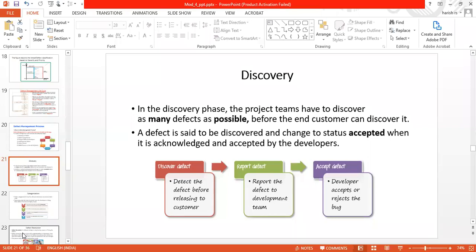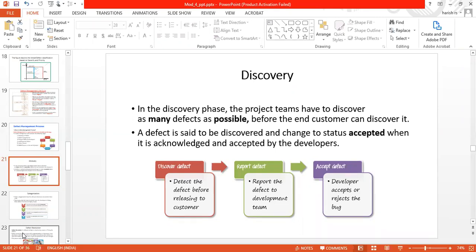Fine, for example, let us say a tester has found some 82 errors. What happens? The tester will tell the test manager that I have found 82 errors in the product. The test manager will go to the project manager or the development team manager and say, my tester has found 82 errors in your product.